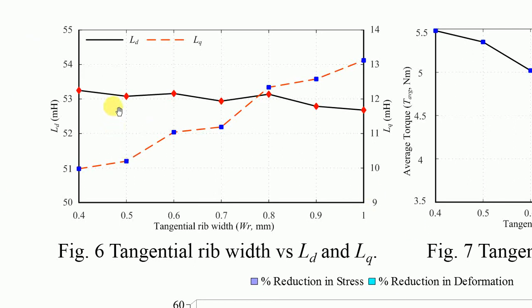So you can see the effects here. LD is nearly constant. Why? This is a point somebody can ask me: why is your LD not varying? Of course your LQ is varying. You can see this is the parameter axis for LQ. It started from 10 millihenry, then went up to 13 millihenry. But your LD is almost constant. Some variation is because of saturation effect that may not be considered for this analysis. So why does my LD remain constant?